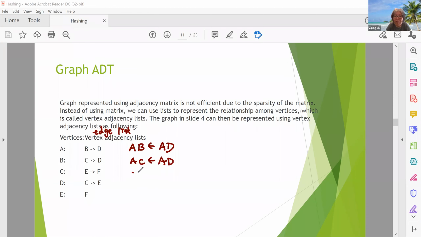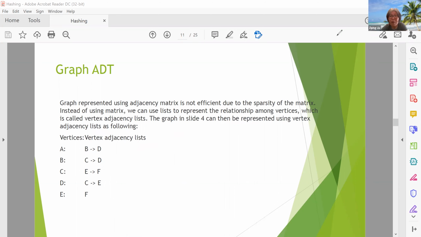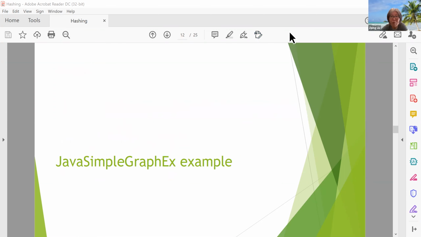For C, you have CE and CF. So you can also have an edge list. That's another approach to design a graph. All of this is just some concepts, and for the next one, let's go to